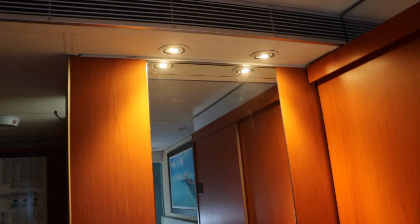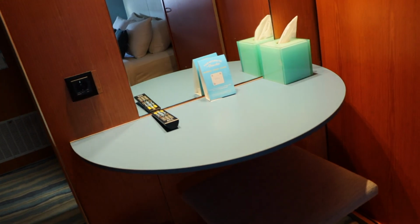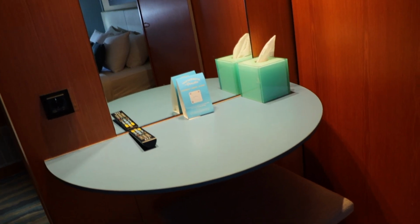Now here is an actual trundle, or I guess a Murphy bed. You have to ask somebody to come in and open it for you, but you can have a third bed here. Over this way we have a vanity set up, remote, tissues, and then we have a little bench. Heading over this way,